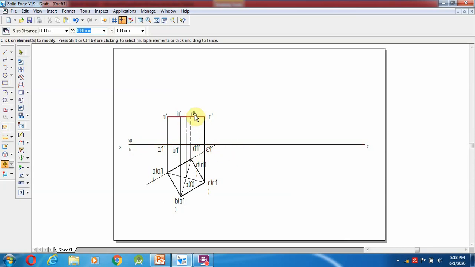Okay, so after giving naming, so this is the O1, close the bracket.